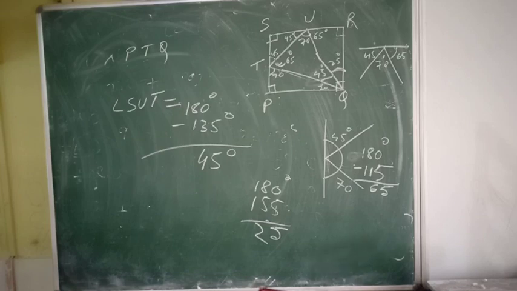Question 14. You see, ABC is a right angle triangle at A. Yes, the diagram is given. Q and R are points on BC. There is a point P such that QP is equal and parallel to AB. Draw a line. What we have to do? Find angle P. Angle P is 90 degree.